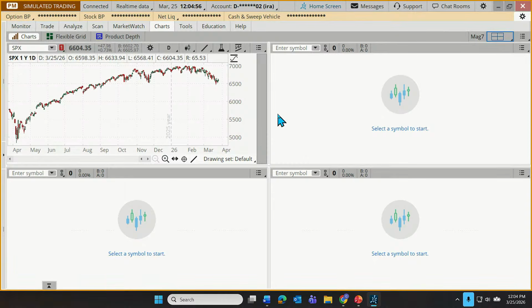Kind of don't think about it as a prison cell. Let's be positive here. Think about it like the cell in a honeycomb. All right? But in any case, each one of these are individually utilizable charts. They have all the same capabilities of a full screen chart, and actually we can go right to full screen very quickly. So let's do that.